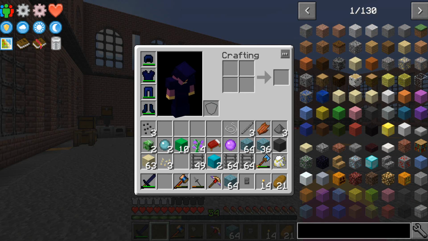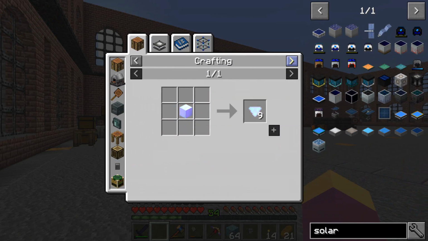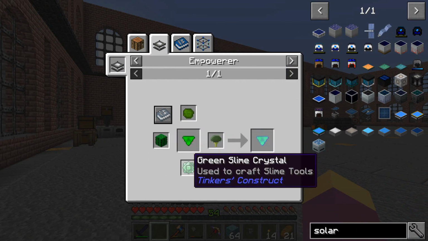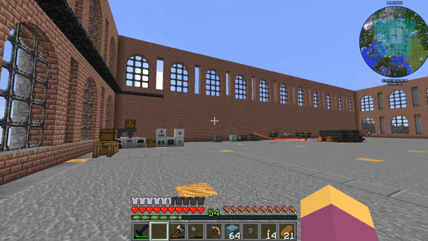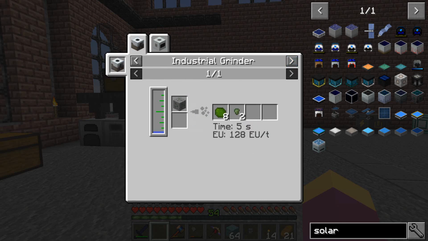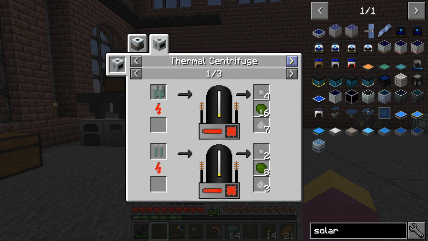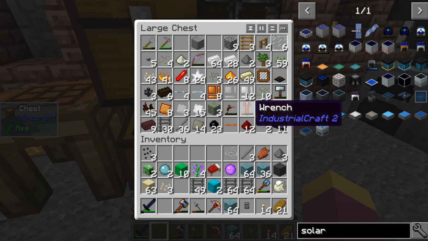And what else? What else do we need? Solar panel. We need a bit of cactus. Haven't seen any cactus yet. That's fine. We can go out and we can grab some of that. And I'll probably do that off camera because that's just more wandering around. And we also need some uranium. And we're going to get uranium from uranium ore inside the industrial grinder or the thermal centrifuge. Can we just put... Yeah, we can. So if we grab...